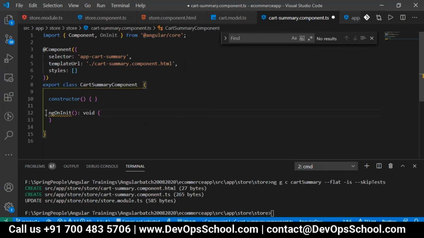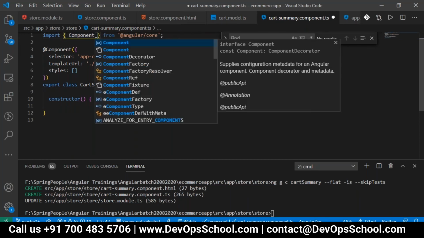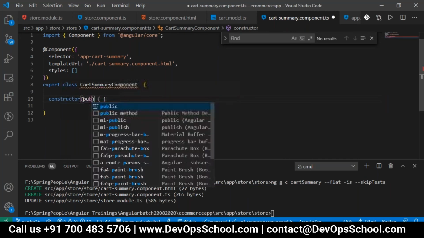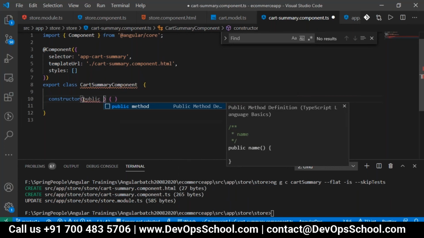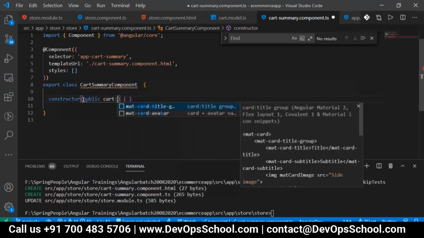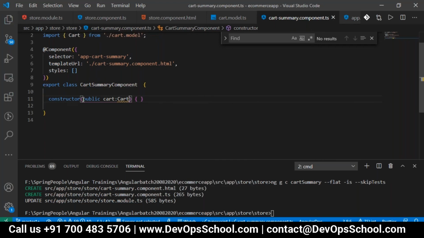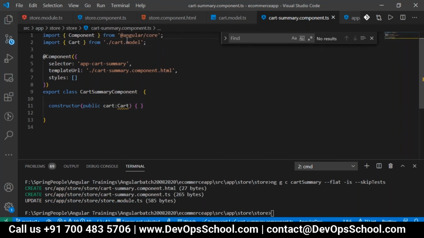We are not using any ngOnInit method for this, so I just removed it. So I want that cart object. So I'm just taking here public cart, and we have to import it from the cart model TS. I just did this much in the cart summary component.